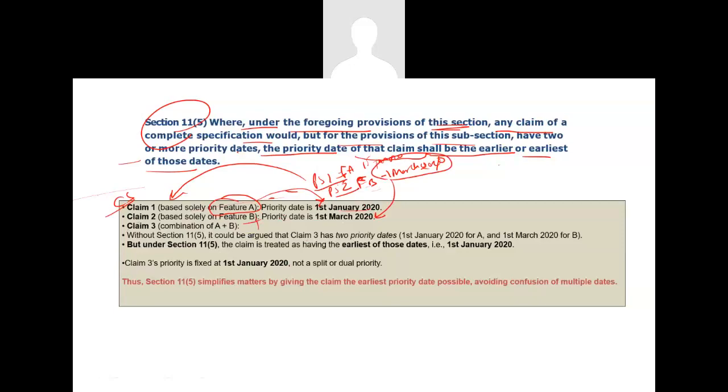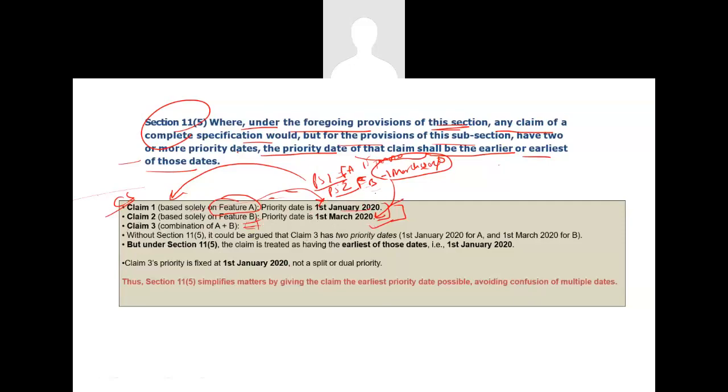But let's say there is another claim which now combines the two, and it says there's a combination A plus B. Now there's a confusion: for A, we decided that the priority date would be 1st Jan 2020. For B, we decided that the priority date would be 1st March 2020. Where it's a combination, can there be two dates for this claim 3? So legislatures say that it cannot be. You can seek a rescue under